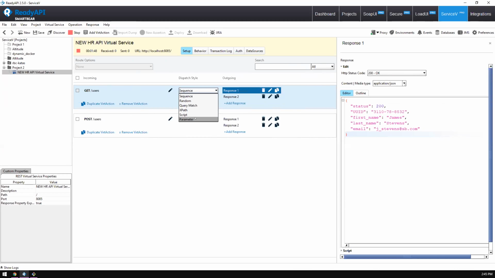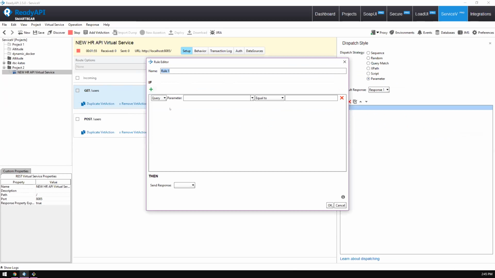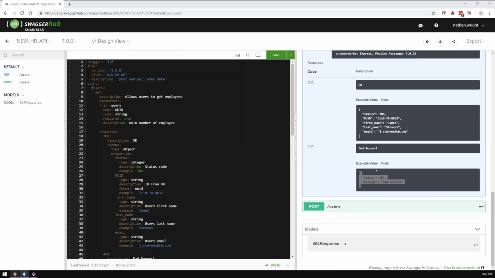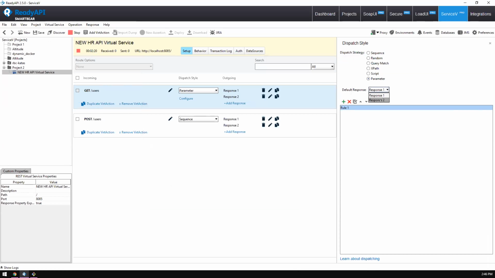For us, let's go ahead and grab this parameter option. We know that we're going to be getting, what was it, that UUID parameter coming in. So we want to make sure that we kind of match that to maybe a specific value, and then we return a particular response based off that. So if we say our UUID parameter should be equal to, let's make sure we grab the same value here. Just jump back in. If it's equal to this, then we'll send back response 1, which was the 200. Anything else, let's return that